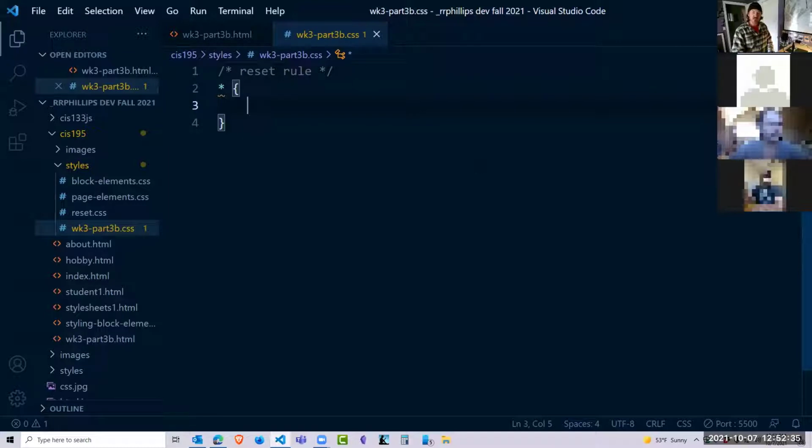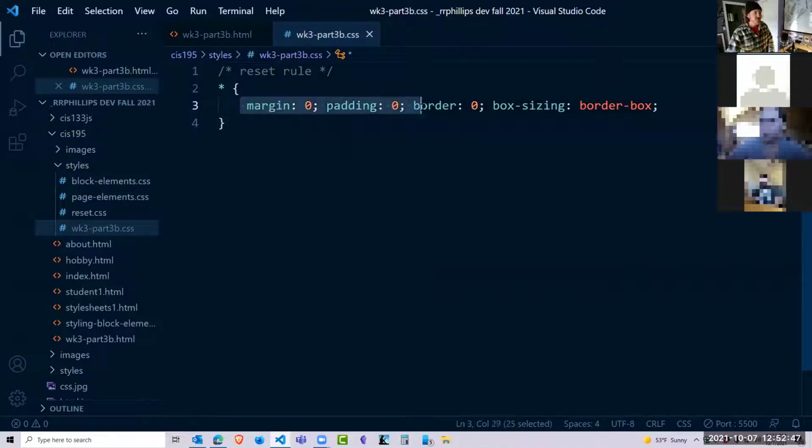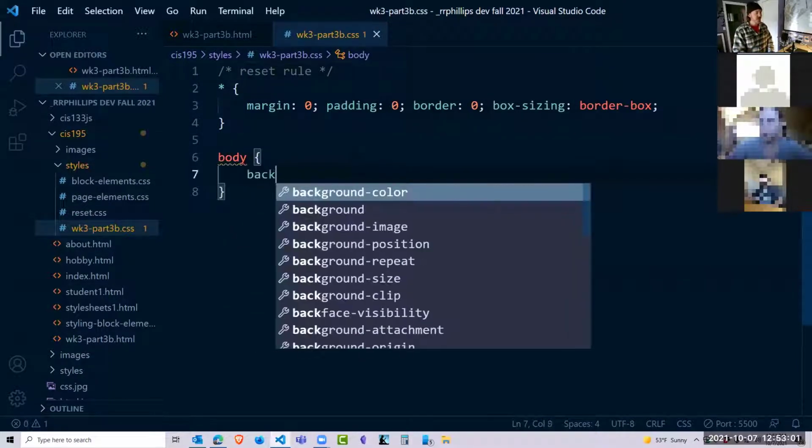Okay, in this reset rule: margin 0, padding 0, border 0, box-sizing border-box. That's my reset rule. Margin, padding, and border are all set to 0 as a default, and I'm using that box-sizing property with the border-box value. We talked about that on Tuesday. I'm going to do that, and then I'm going to go right into the body of my page, and I'm going to set a background color